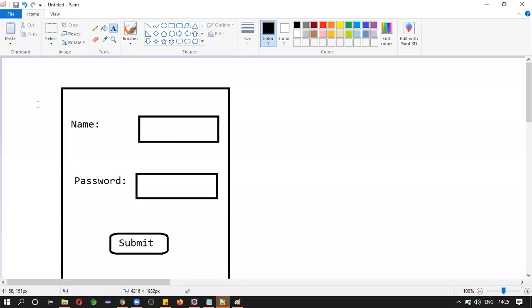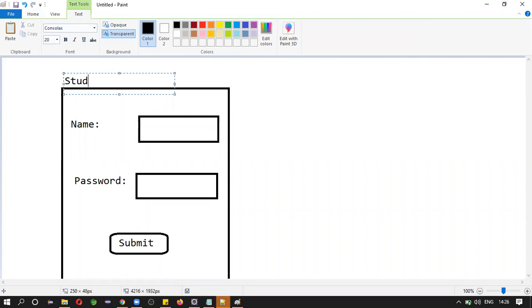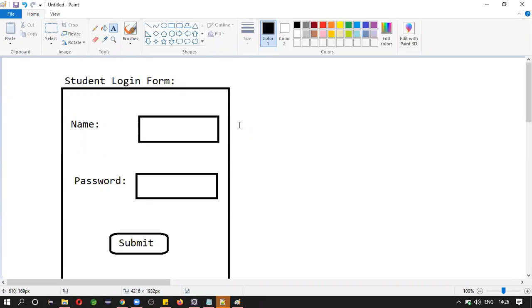So this is the form. What's the form name? Student login. So student login form. Okay, we are going to design this form.